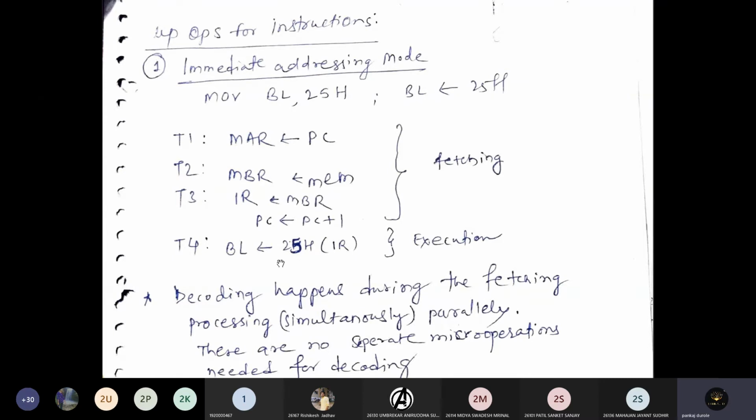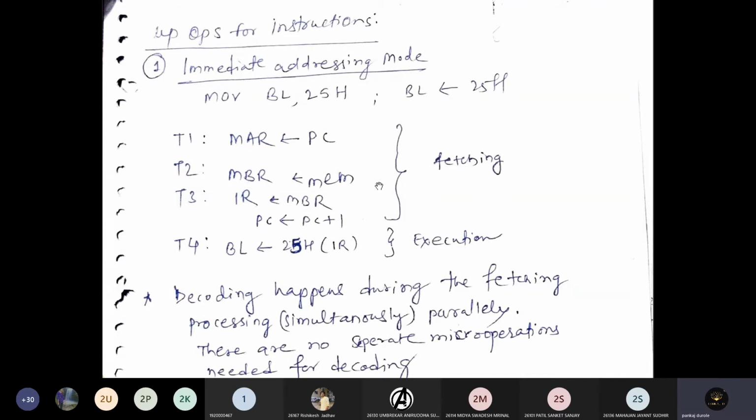So this is the T4 state, or the fourth micro operation. These micro operations are needed for fetching the data. The fetching of the data is happening here, and this is the micro operation required for execution, while decoding is happening parallelly in the background.